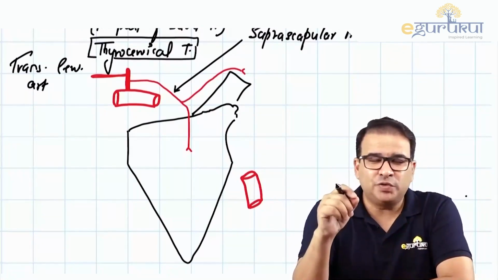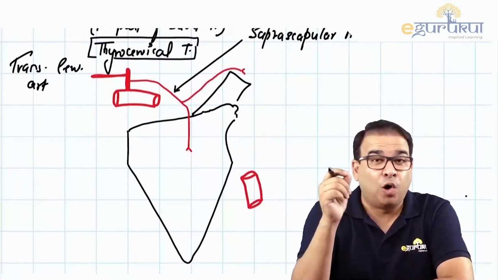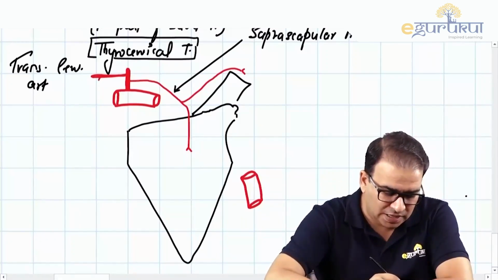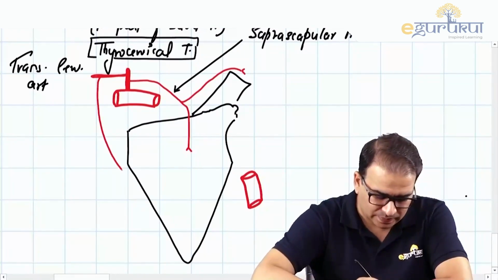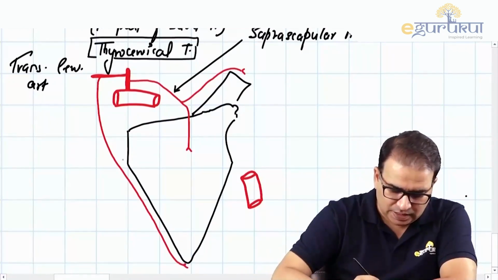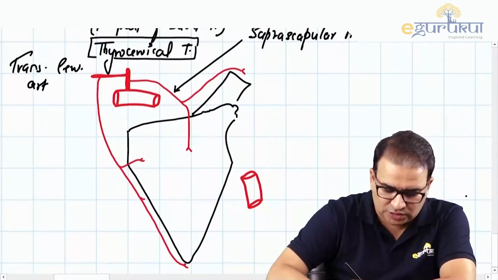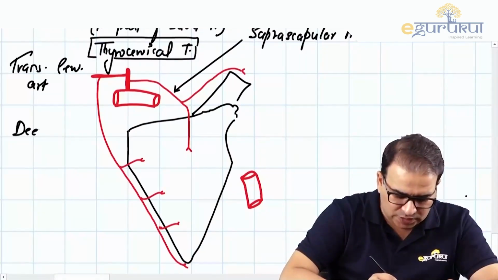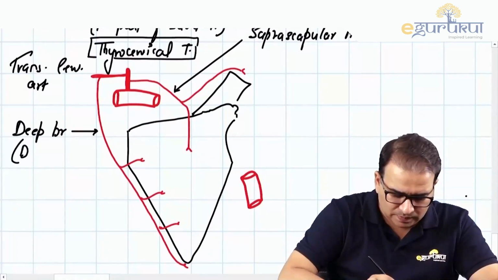The deep branch of transverse cervical artery, which is also called the dorsal scapular artery, will run along the medial border of scapula. Look at that. And reaches all the way to the inferior angle. Yes, this is giving off numerous branches on the surface of scapula also. So what artery is that? This is the deep branch of transverse cervical artery. Either you simply call it deep branch of transverse cervical, or this is called the dorsal